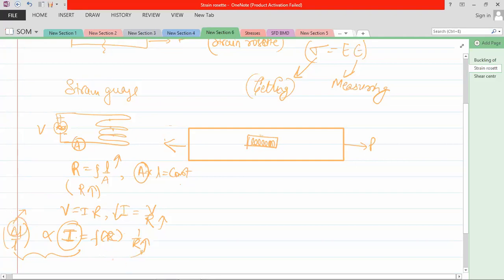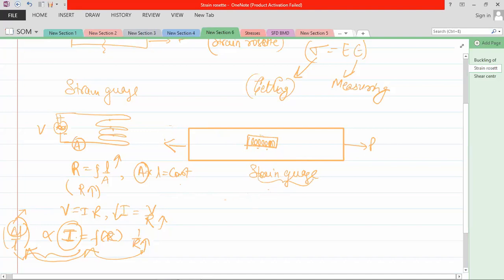Resistance change, resistance will change the current, current will be directly calibrated to length. So if a particular change in length is there, a particular resistance change is there, and that will help you find the length, what is the increase in length. So this is your strain gauge. It is patched on the body, and when a force P is applied, it will also elongate along the body, that will change the resistance, correspondingly the current will change, and correspondingly we can obtain the change in length. So this is your strain gauge. Okay, so this is the basic principle.